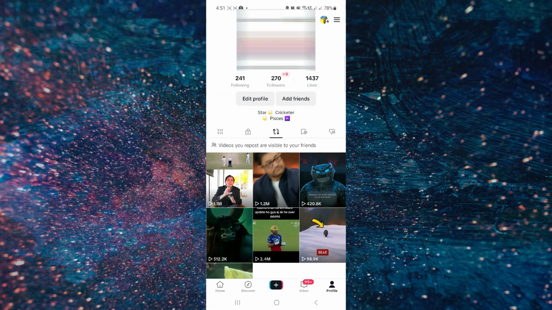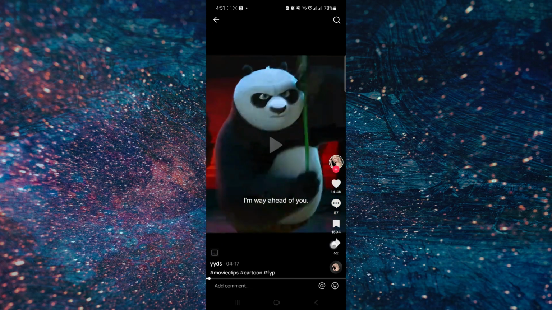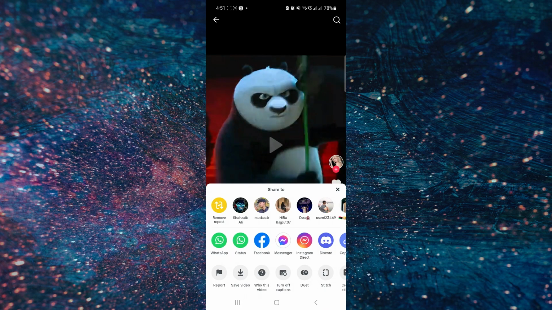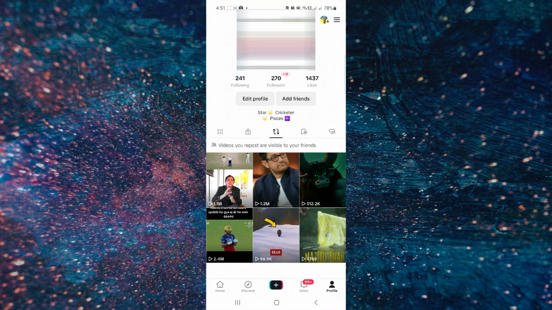There are two methods to delete repost. The first method is open the repost that you want to delete and click on this share icon and you will see here the first option of remove repost. Click on that and this repost will be removed. By doing this first method, you can delete only reposts one by one, but to delete all reposts at once,